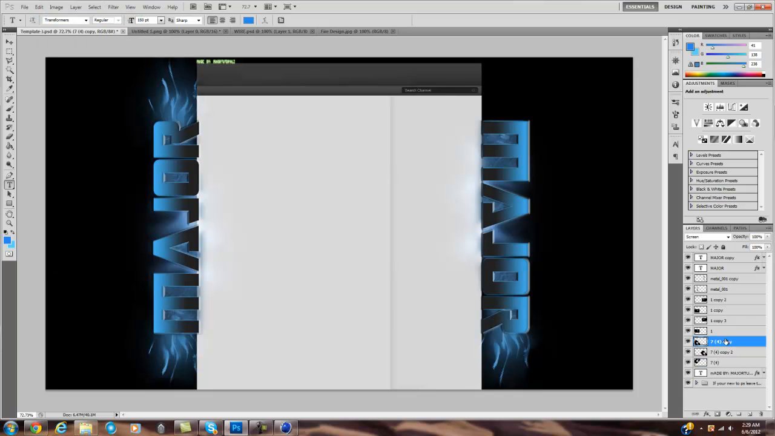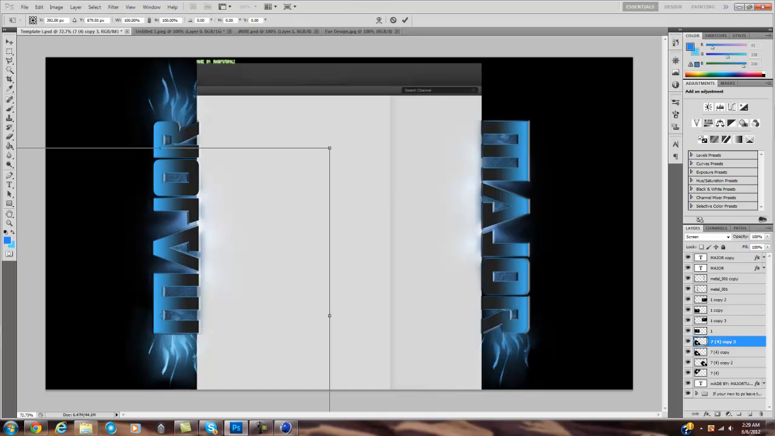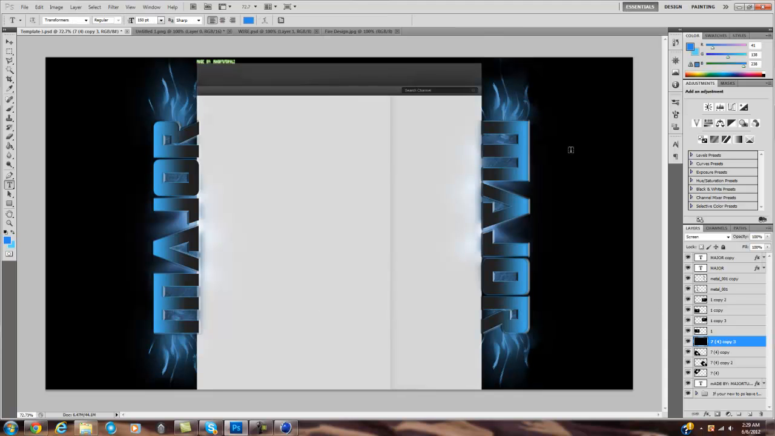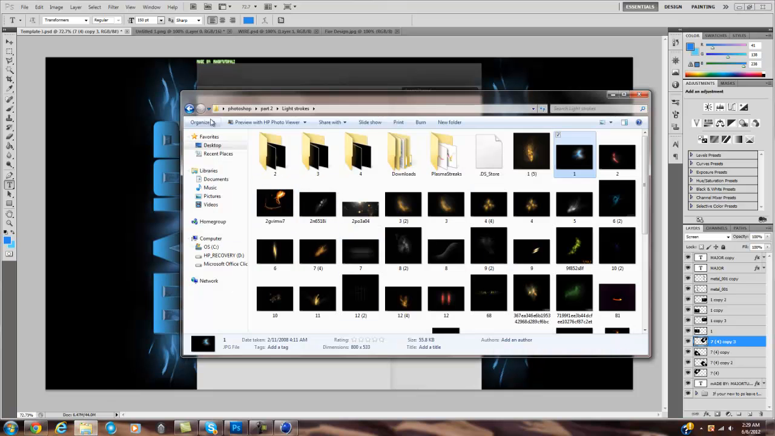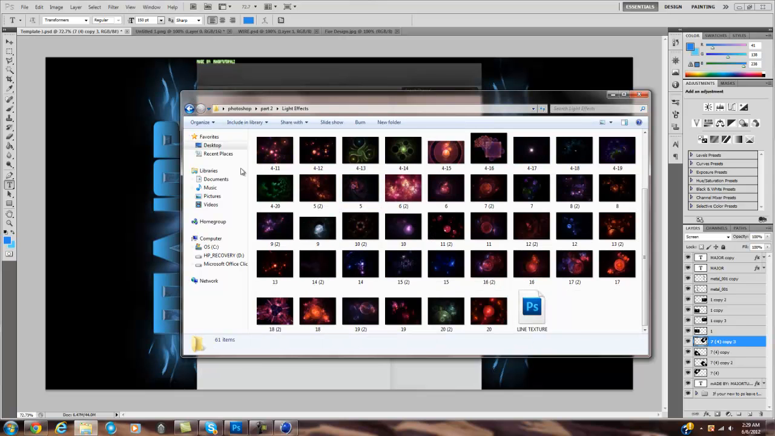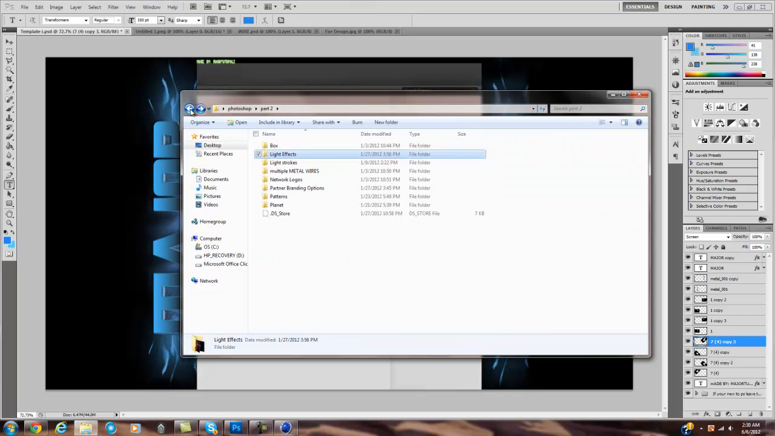Let's see, it's this one, and then I flip vertical, and I put this one up here on them. Okay, and just click enter, and now you've got a pretty nice decent background right here. And if you want to do any more effects to this, go ahead. Put like more light strokes, more light effects, I might put some smoke in here, so let me find